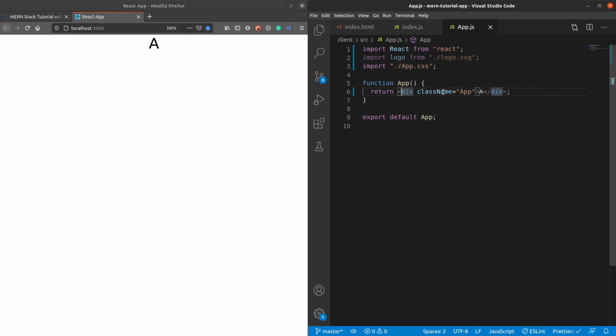Okay, and so let's focus on the return method here right now. So app is a component which returns HTML code. Okay, so you can write plain HTML code in here. So it is actually JSX that we are writing in here. A few of the things will be different from traditional HTML. For example, class: in HTML you would write class, but in here you will write className. So you are actually writing JSX code in here, not pure HTML, but it's JSX.